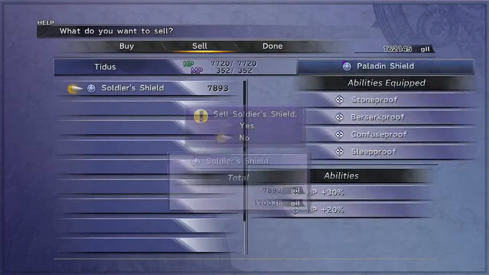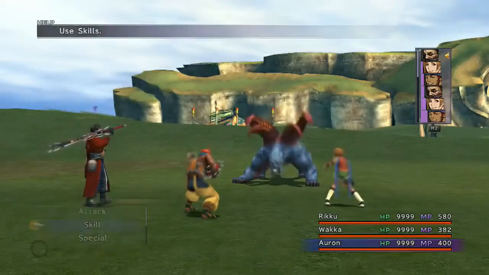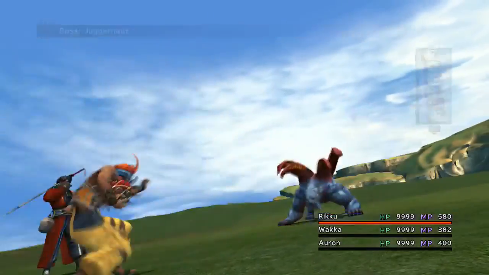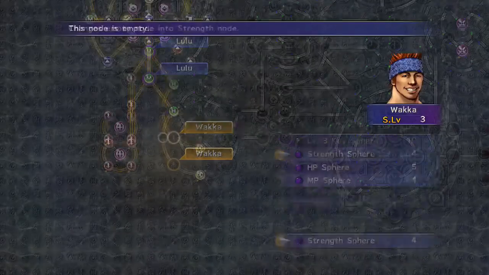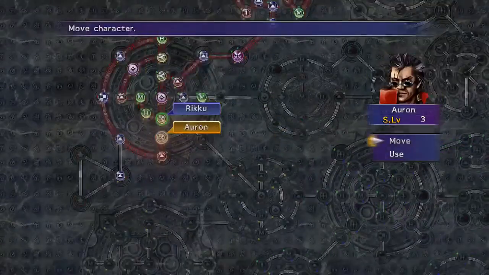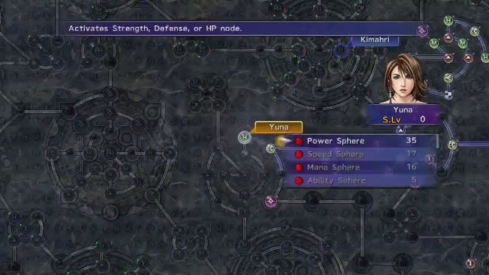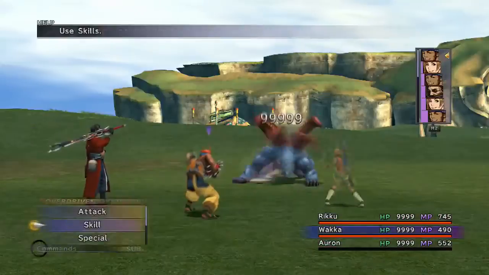Magic defense, thanks to all those dang spheres, is near maxed out too, at around 230 or something like that. Defense kind of is too, because defense is the one that we go to after this. Unfortunately, after dealing with strength and defense and magic defense, it gets more grindy after that point, especially